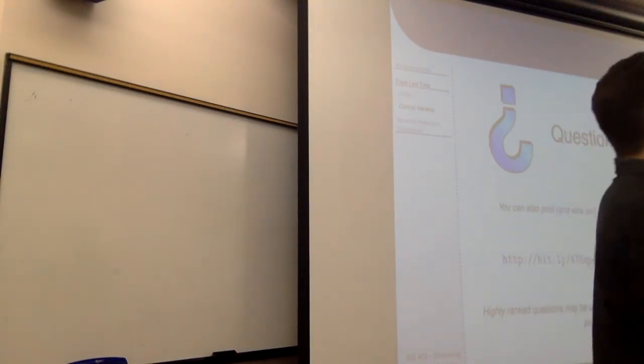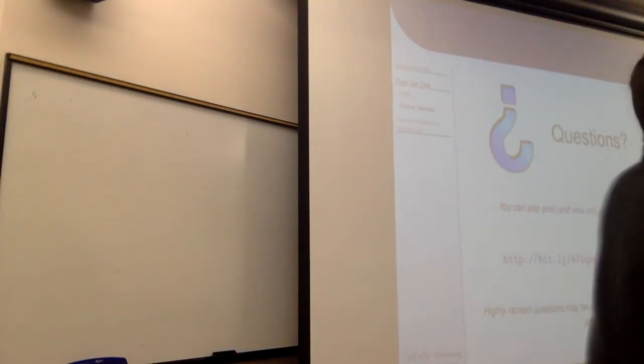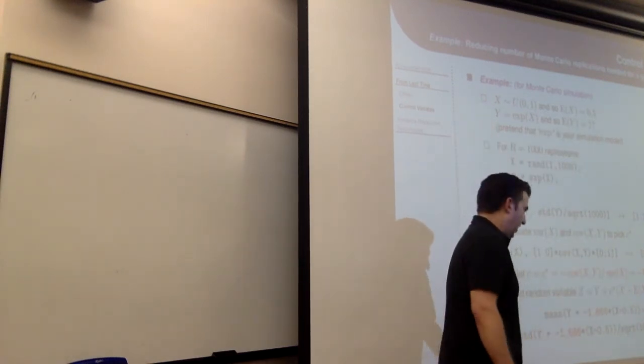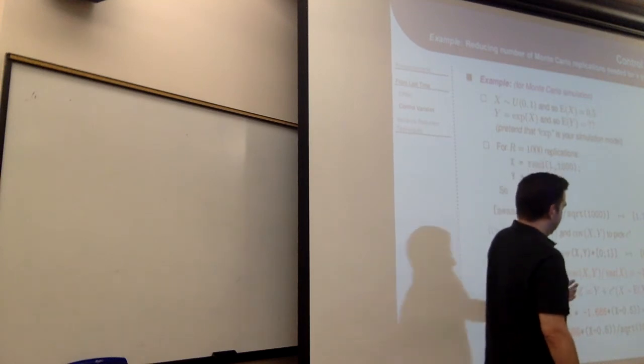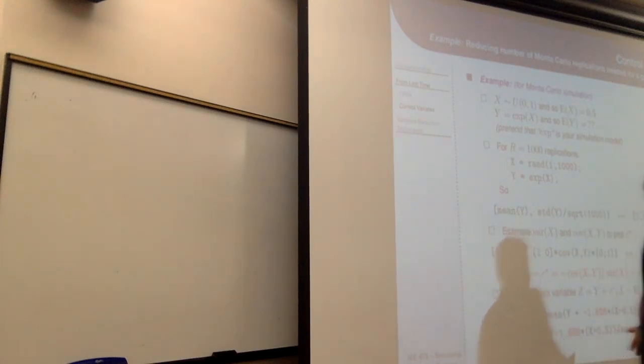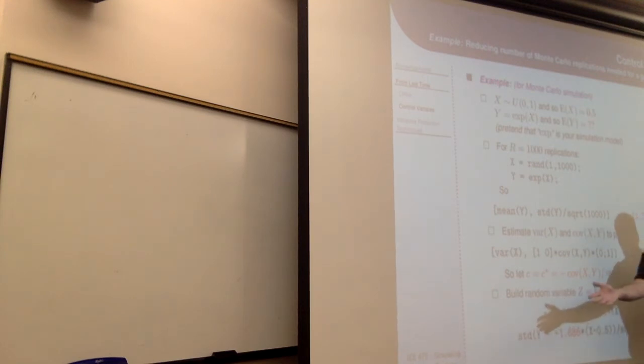Yeah? Are there guidelines for when you should use each technique? Well, that's a good question. This technique you can use all the time, but it's only going to work when there's covariance between x and y. If there's not, there's no harm. Common random numbers, like I said, you have to run a pilot study, and depending on how the two models correlate with each other, it either is going to work or it's going to make things worse. So in a lot of these tricks, you run a pilot study and you see if your pilot did any better. And if it did, then you run a bigger study with the strategy turned on.